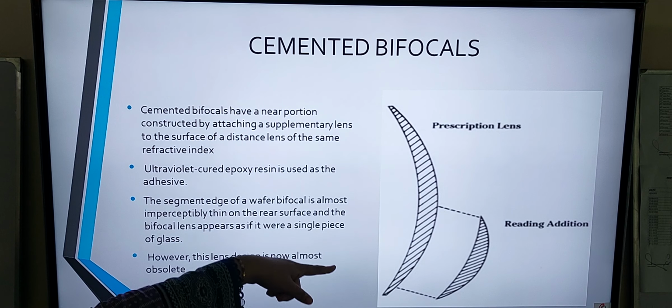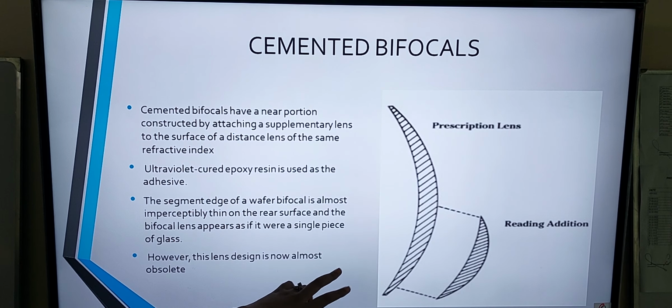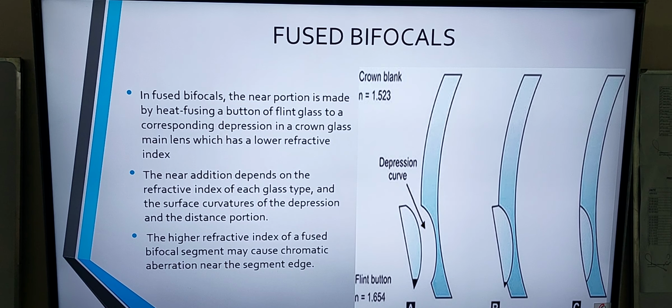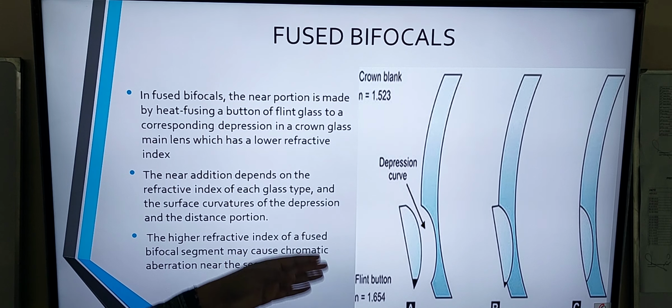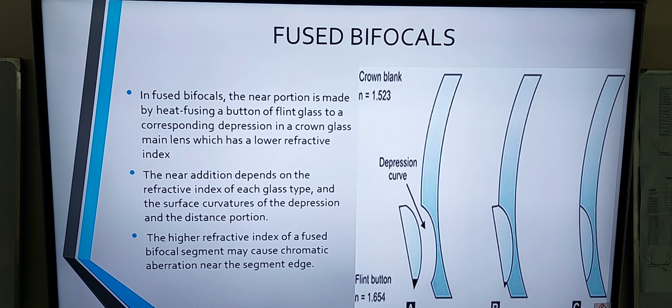Here we have a lens for distance correction, and the reading addition is cemented or attached to the distance lens using ultraviolet cured epoxy resin as an adhesive. The bifocal is very thin, this reading correction which will be applied, and the lens overall appears to be a single piece of lens, but this design has become obsolete now. Then we have the fused bifocals. In this type, the near portion is fused to a corresponding depression in the glass of the distance vision,